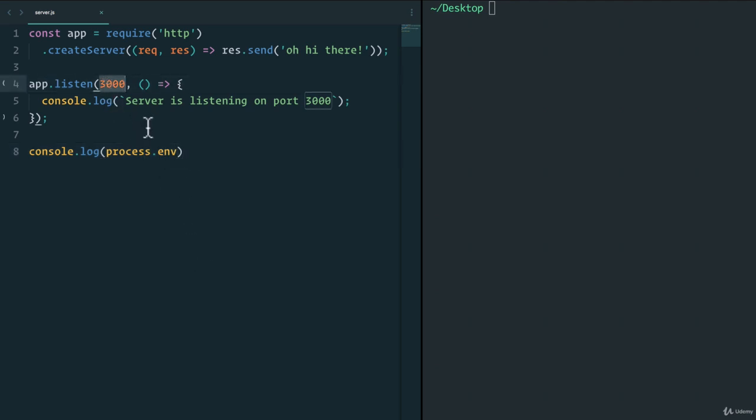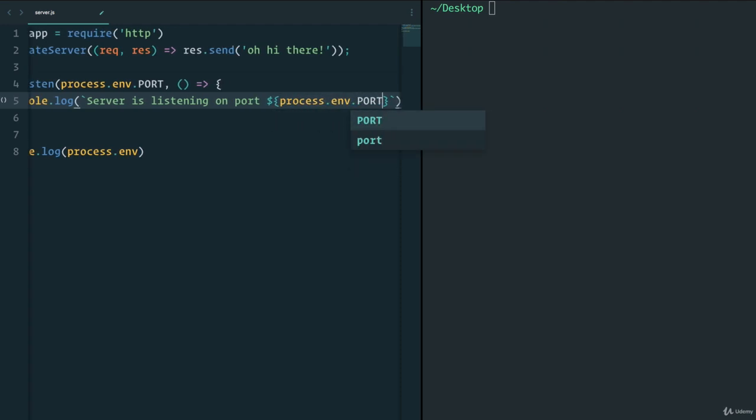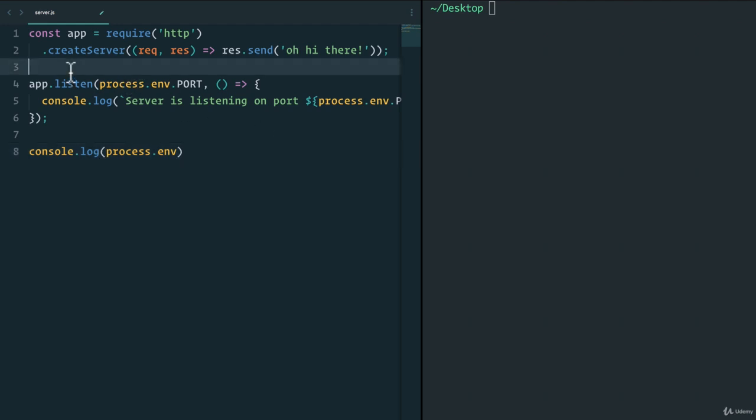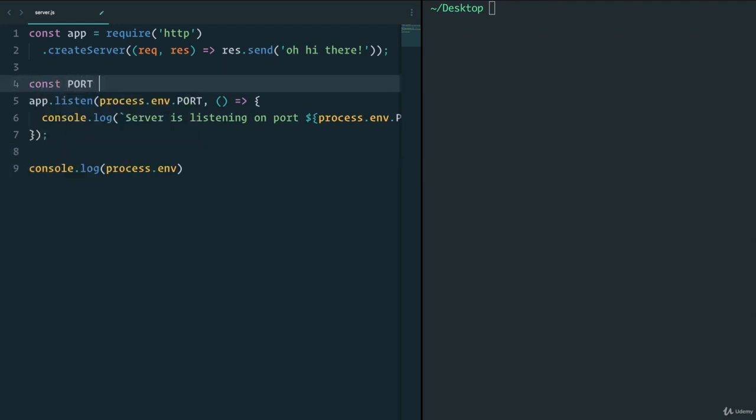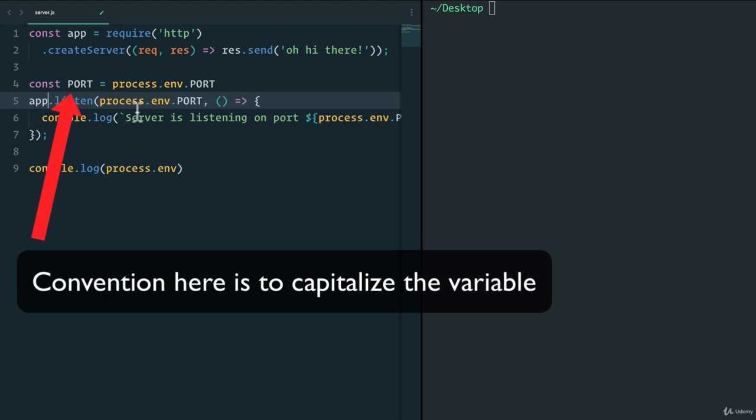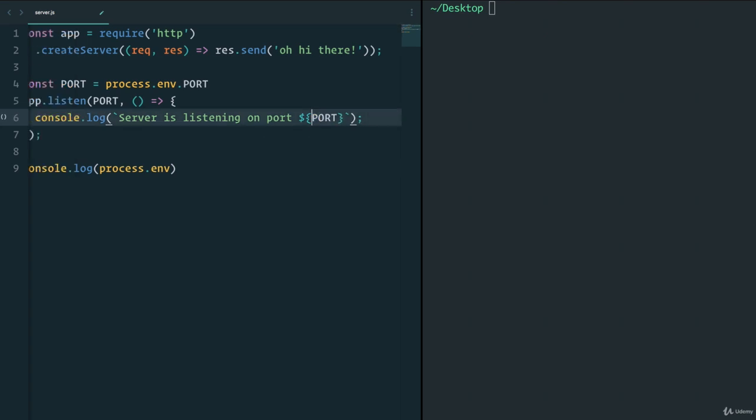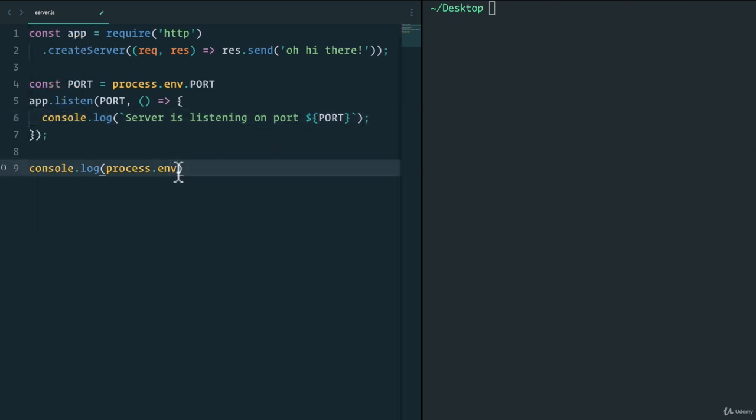With this, we can now set our own variables. If we wanted to set the port, for example, we can say process.env.port, and now change this to process.env.port. And just to make this cleaner, we can just have port equal to process.env.port. So now we can remove the same call. Let's just console log here as well, just to make sure that we see it. If I run node server,